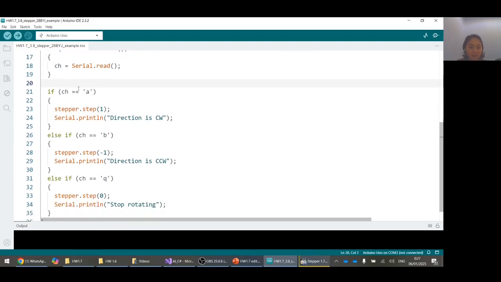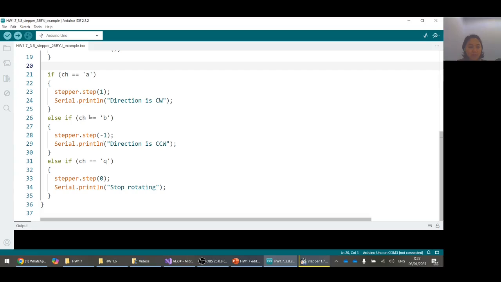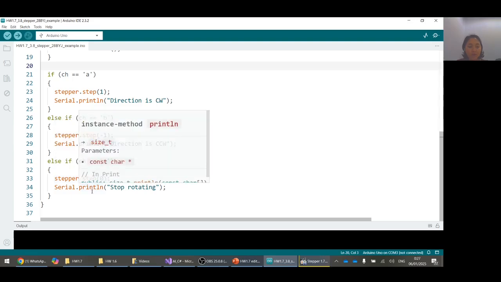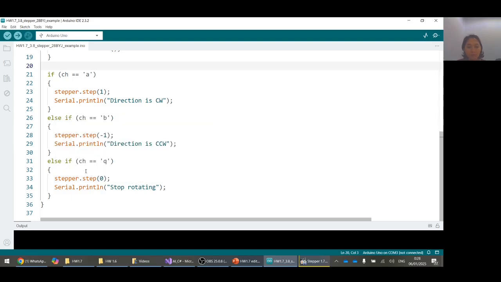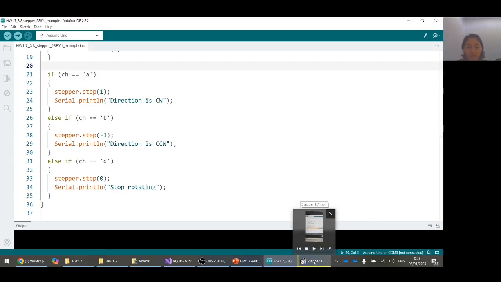For character A, this rotates the stepper motor in the clockwise direction, and for the character B on the keyboard, this rotates the stepper motor counterclockwise, and for the Q character on the keyboard, this stops the motor rotating. And then I will show the video experiment.